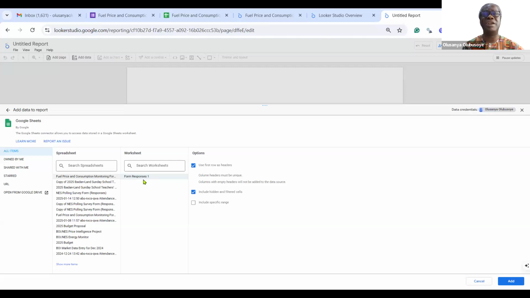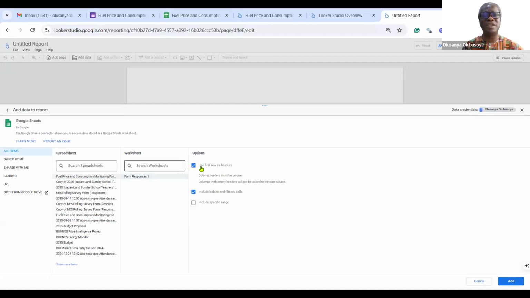In this case, there is only one sheet, named Form Responses 1. So that one is chosen. And these are options, so you need to check as appropriate.